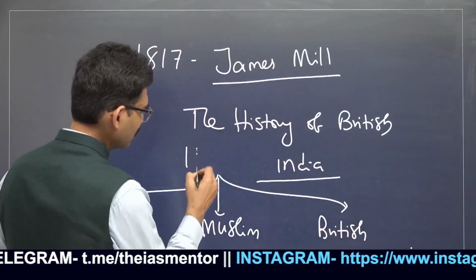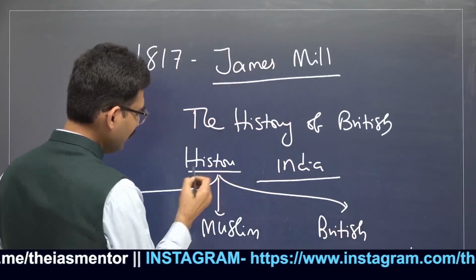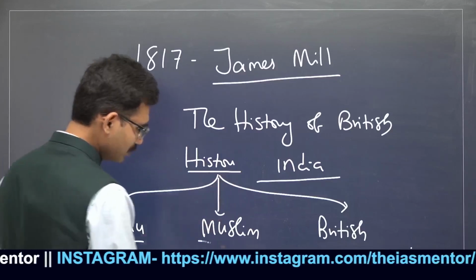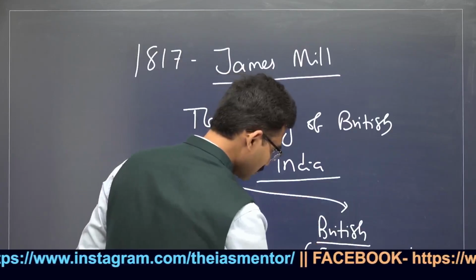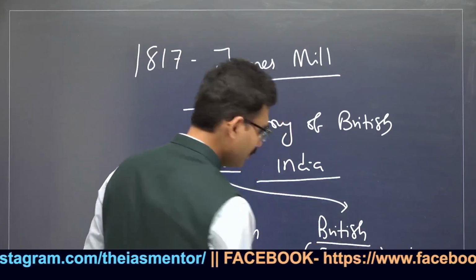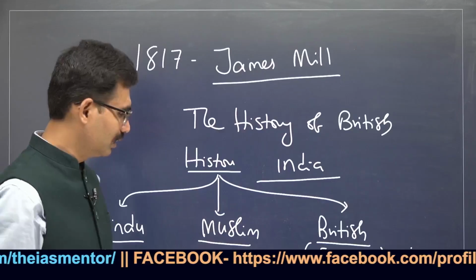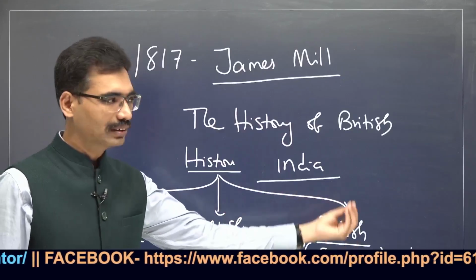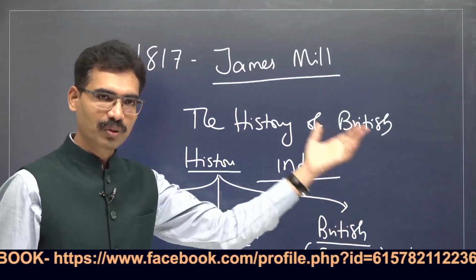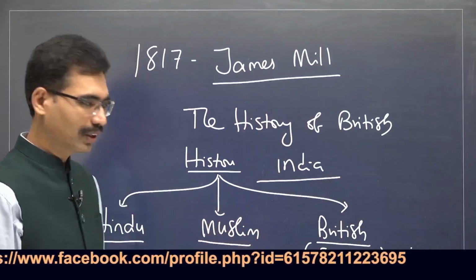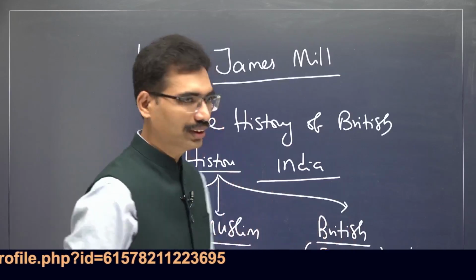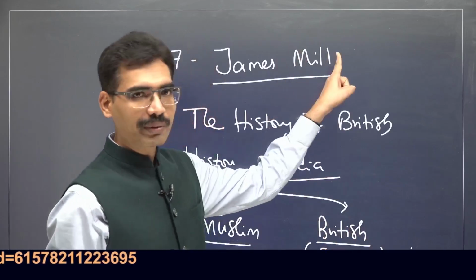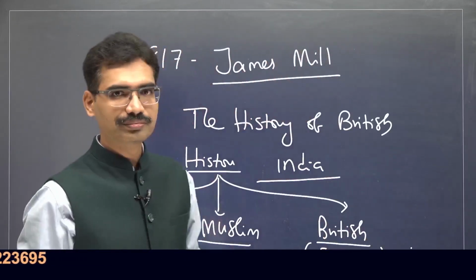This is how the history of India was classified into Hindu history, Muslim history, British history. This is to show that these people are secular. They are not giving importance to religion. All are equal. But in theory, they say that, but when it comes to reality, they exploit more than Indian dictators.